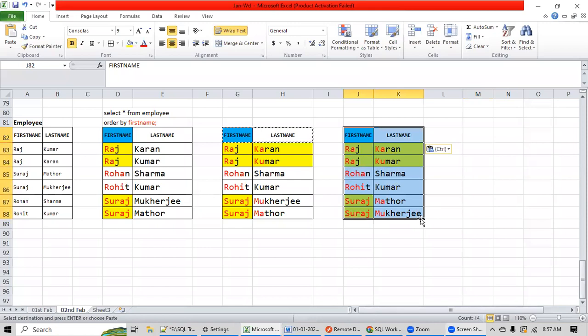Okay. So my stakeholders are telling me: Tanvir, don't take any random decision. First of all, check based on the first name. If in the first name there is any conflict, then consider the last name column in ascending order. So in Suraj Mathur and Suraj Mukherjee, the first name is exactly the same, then we check the last name column. Here the first character is M, which is the same. Then the engine will check the second character: it is A here, and U here. So A comes before U. So we will display Suraj Mathur, then Suraj Mukherjee. This is what they're asking. Hope the requirement is clear, guys.